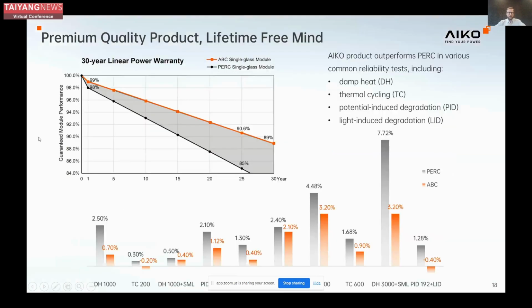Then when we look in a bit more detail, some results from reliability testing. So there's different tests that are defined for typical IEC norms, for instance. Then we talk about damp heat testing, thermal cycling, potential-induced degradation, and light-induced degradation. Without going to the details of everything, you can see here in the bottom graph that the PERC module is really beaten